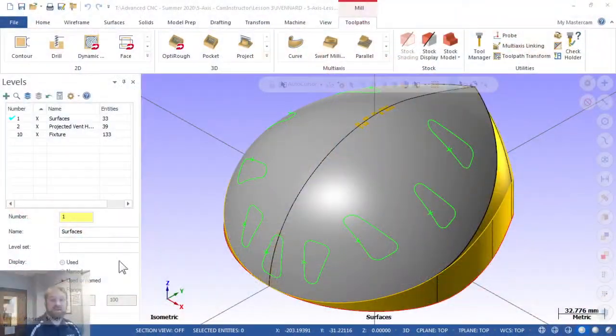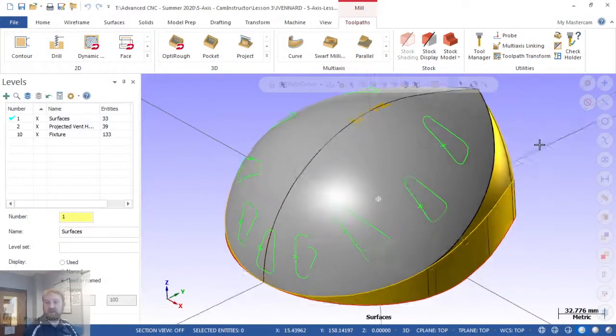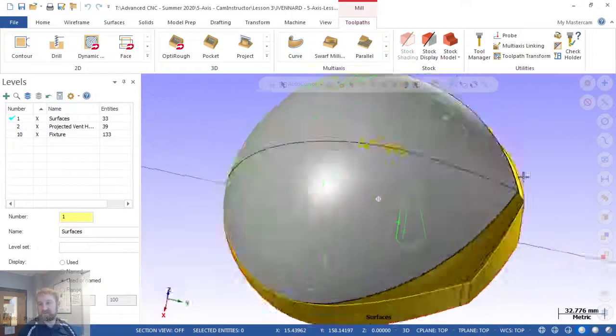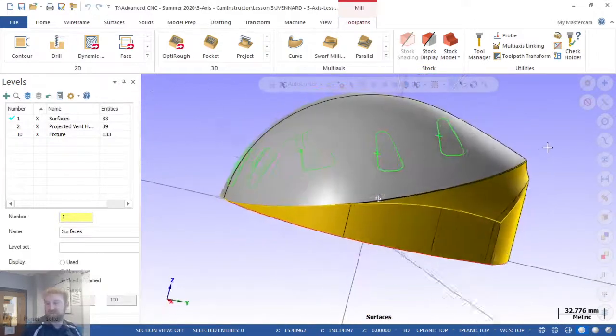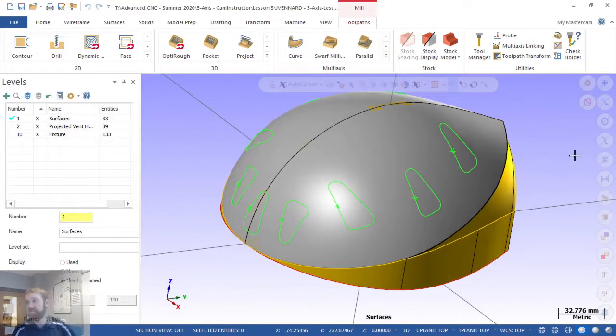All right, guys. So we've got the file open. We've got this little dome-looking part. This is going to be a surface project, basically. We're going to machine vent holes in this sheet, okay, with those curves that you